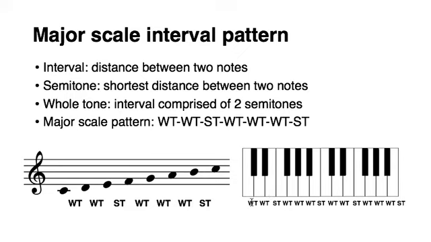This is, by the way, whole tone, semitone, etc., is the distance between 2 white keys, right? Any 2 adjacent white keys. And you can see we have a semitone between E and F and B and C, like we talked previously, because there's no black key between them. But if we want a semitone up from C, we're going to go to the black key above it, because that's the shortest distance between 2 different adjacent keys, right? If we're on this black key and we want to go a semitone up, then we go to D over here,